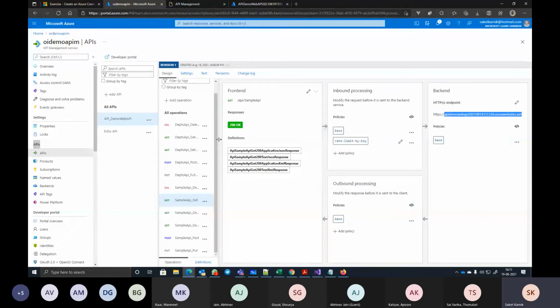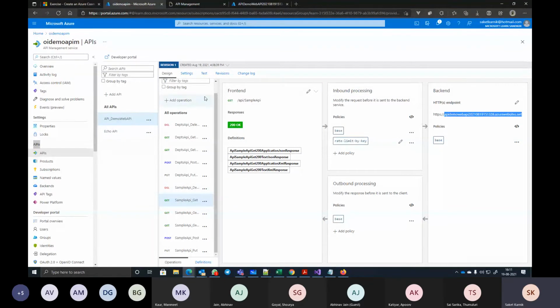This is the overall flow. Request comes, inbound processing policies are applied, then it goes to the actual backend service. Then the response comes, outbound processing applies different policies to change the headers and other details, and then the response goes back to the client.